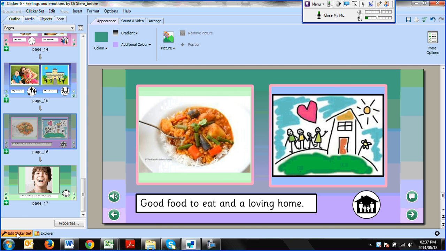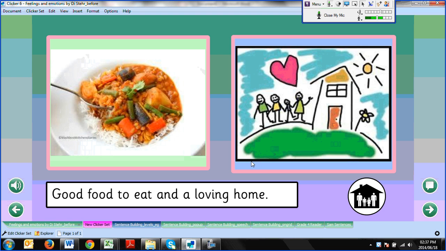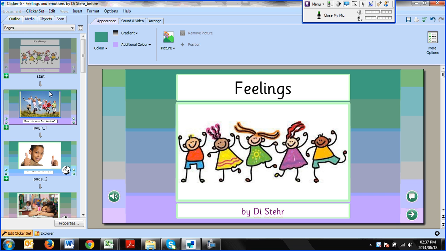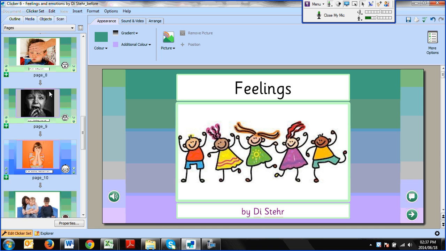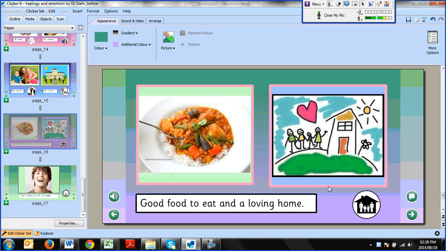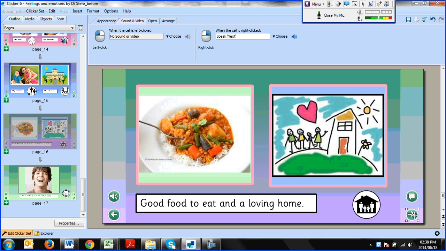But originally, because Clicker Set had been set up a certain way, when she clicked on the next page button, it brought her all the way back to the start page, instead of taking her to the next page. Now that's very simple to fix. We need to go into Edit Clicker Set, go down to that page where we just clicked on the button, that will be this page, and choose what happens when this button is clicked, the right arrow. Okay, we go to open,